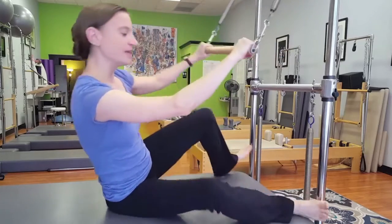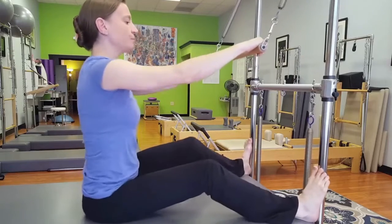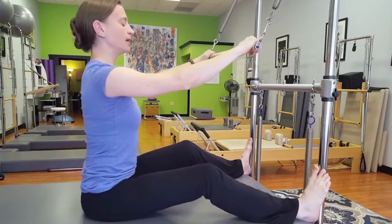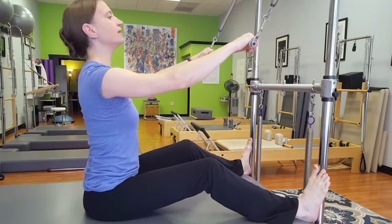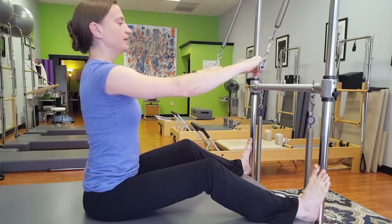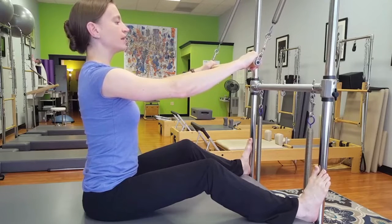So, if I'm in the Cadillac here with my feet to the poles, sitting up nice and tall, I feel the rise all the way up through my whole spine, and then I want to let my head be balanced on top there. This can be tricky to find because if you just think about lengthening through the back of